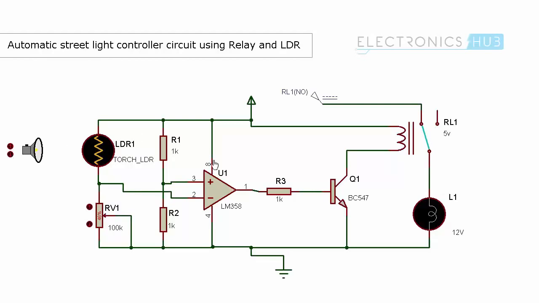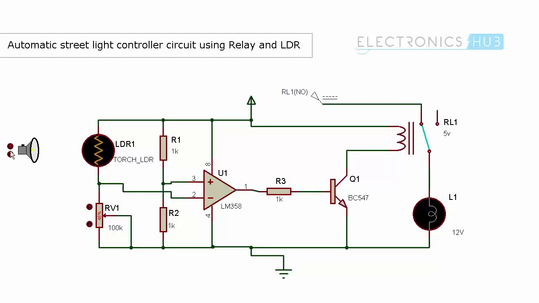So what's happening here is, when the LDR is placed in dark, there is some voltage passing to the negative terminal of the op amp, and for the positive terminal a fixed voltage is passed. As the two resistors are of the same resistance, the voltage is divided equally. So the 5 volts applied here is divided equally, and this positive terminal will get constant voltage. The negative terminal will have variable voltage depending on the intensity of light falling on the LDR.